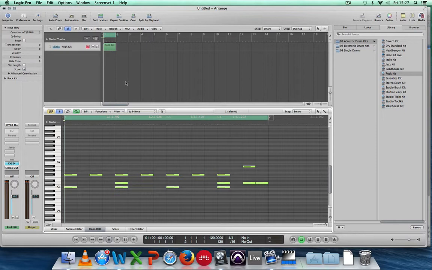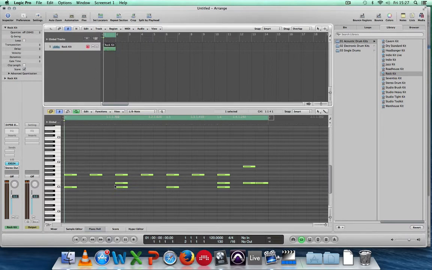So I'm going to show you how to access the MIDI controller data within Logic. All I have here is a simple drum beat that I've programmed in using my mouse. So everything sounds very uniform, everything is perfectly in time, and everything is at the same velocity. If we have a listen to this,